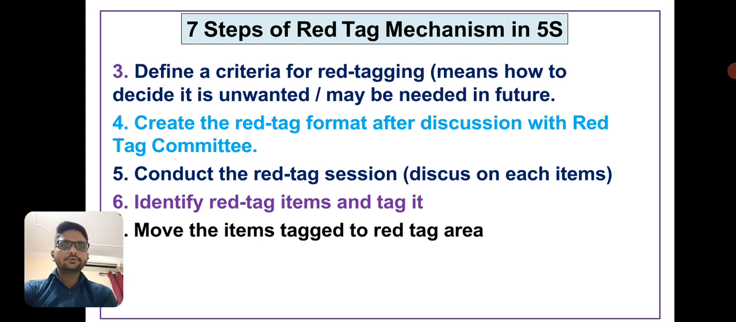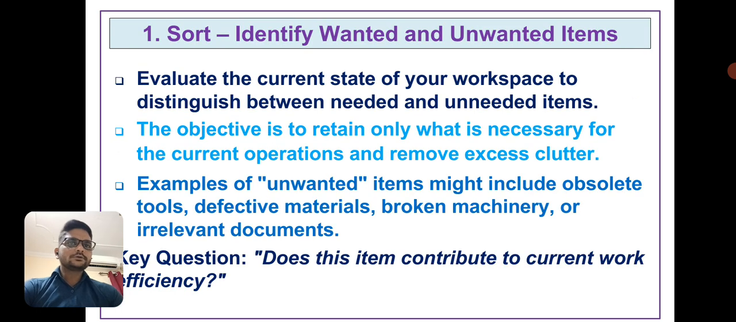Now we are going to explain these steps one by one in detail. First step is sorting. Sorting means we need to identify what we need and what we do not need, that is, identify wanted and unwanted items. For this we need to evaluate the current state of the workspace and distinguish between needed and unneeded items. The second objective is to retain only what is necessary for the current operation or environment